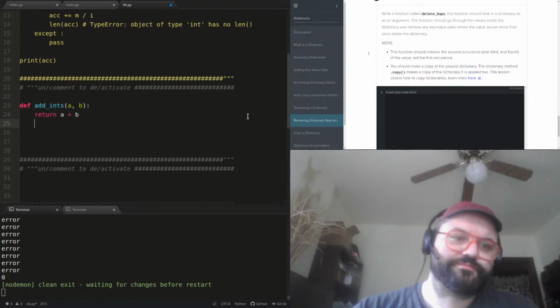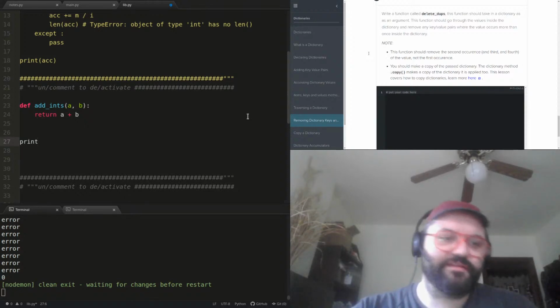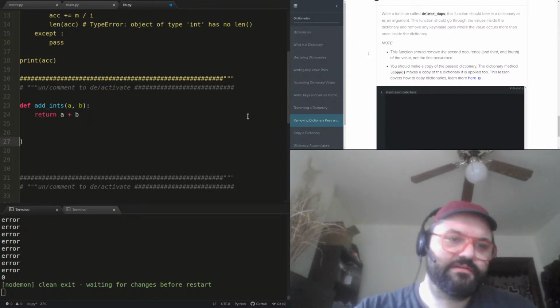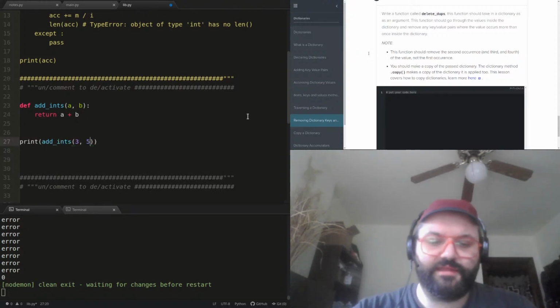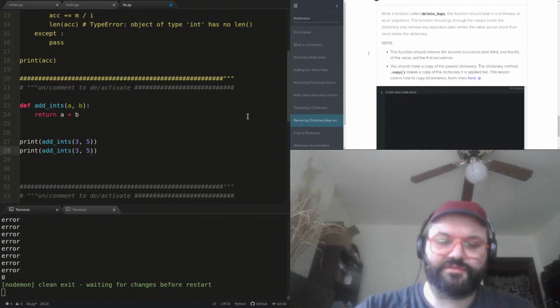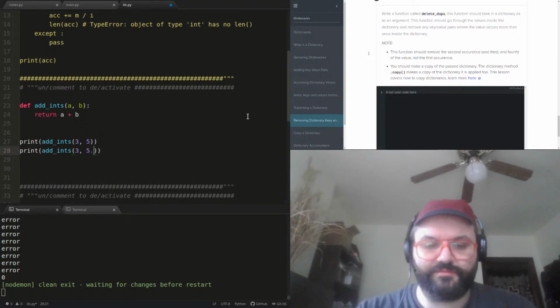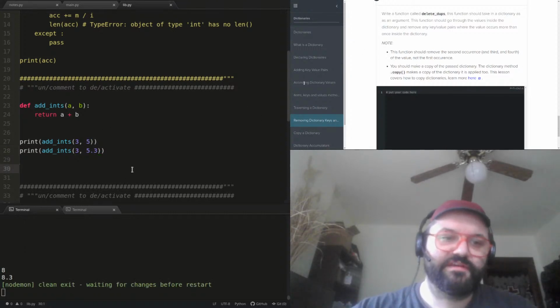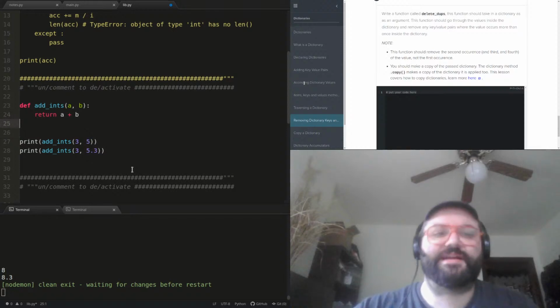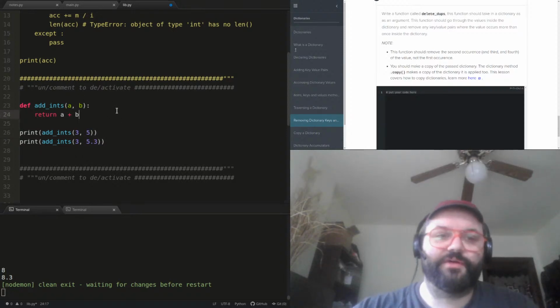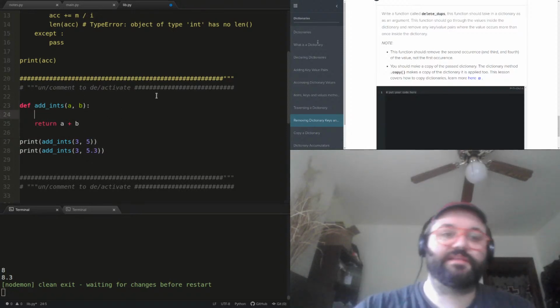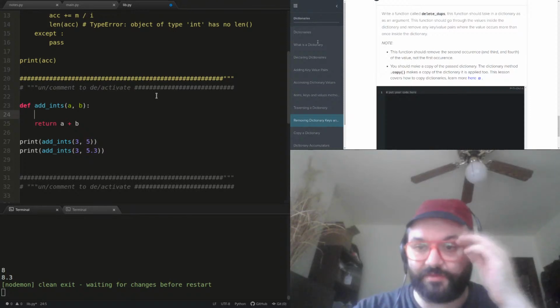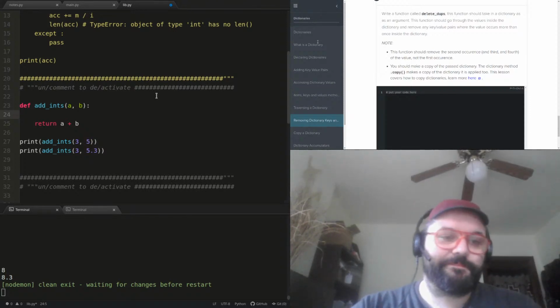So the way this code stands, if I try to print add ints 3 and 5 versus 3 and 5.3, I can't write this in a way that it will reject floats, not just like this. I could do some type checking and catch that float.